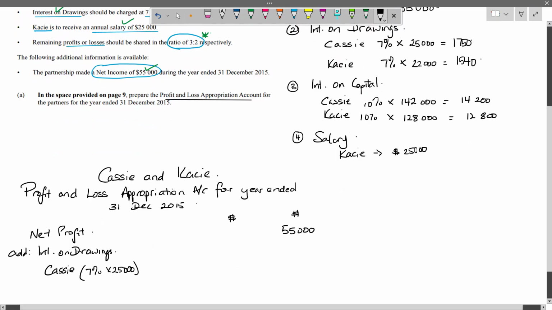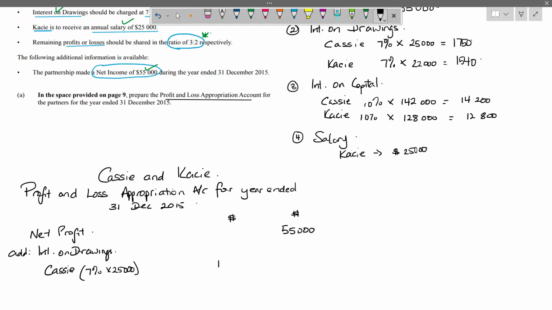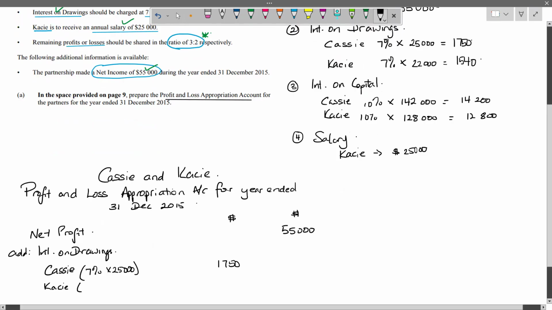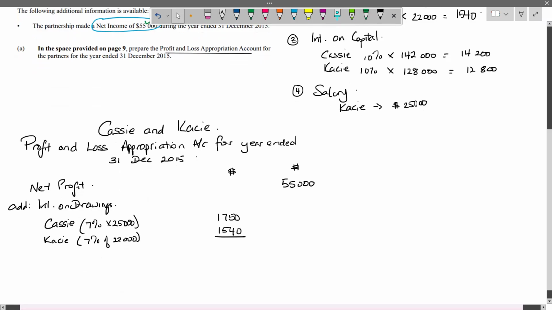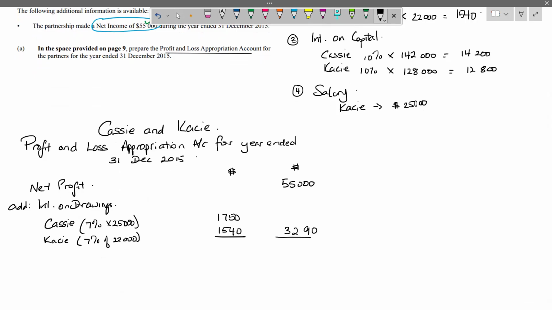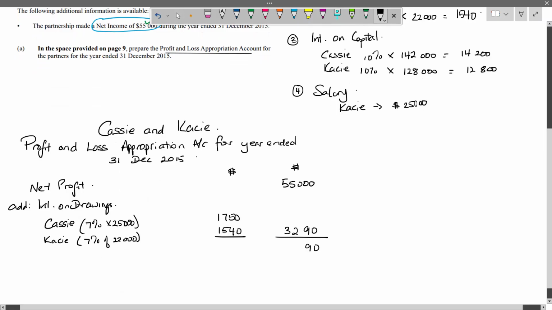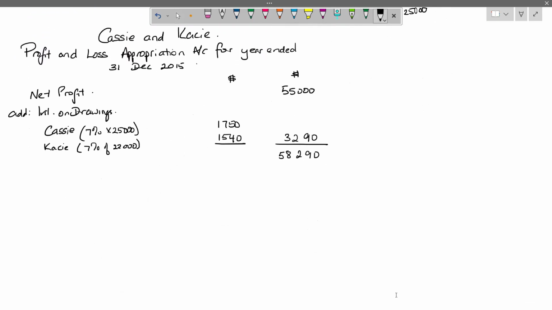So you could just show this as a bracket and your working, right? That's going to be 1750. And then Casey, 7% of 22,000. That's 1540. Finally, sum of these two figures. So that's what? 3,290. Bring that figure down. 58,290. And then you're moving on to your interest